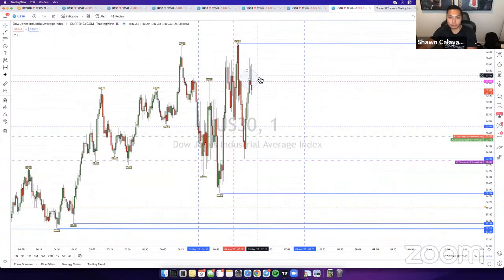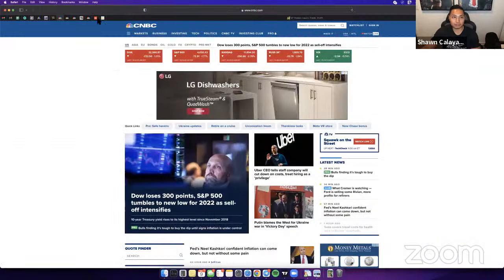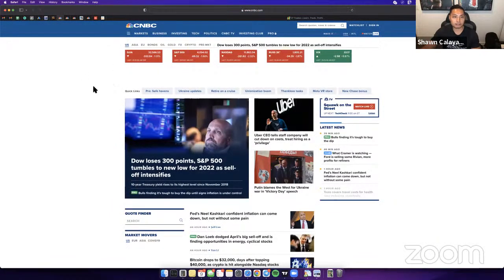Because the problem with US30 is that basically everyone tells you to buy the dip, right? That's not the proper way to trade, guys. Technically, if the market's very bullish, then yeah, great, you can buy the dip. Or if the bias is bullish, then yeah, buy the dip. However, if the bias is very bearish, buying the dip is like literally someone's telling you to turn left and you turn right, right? You're doing the opposite of what you're supposed to be doing.